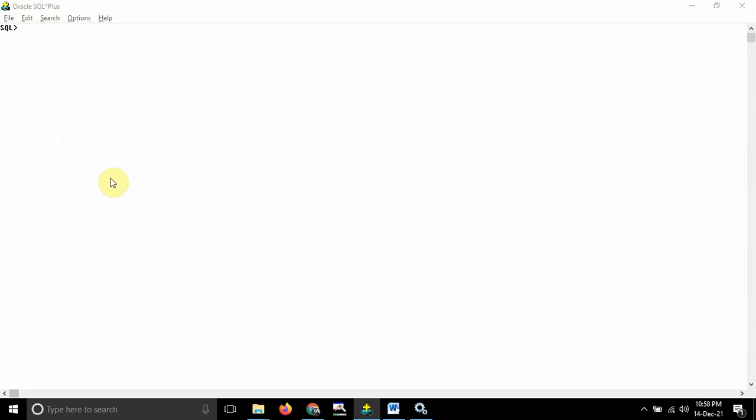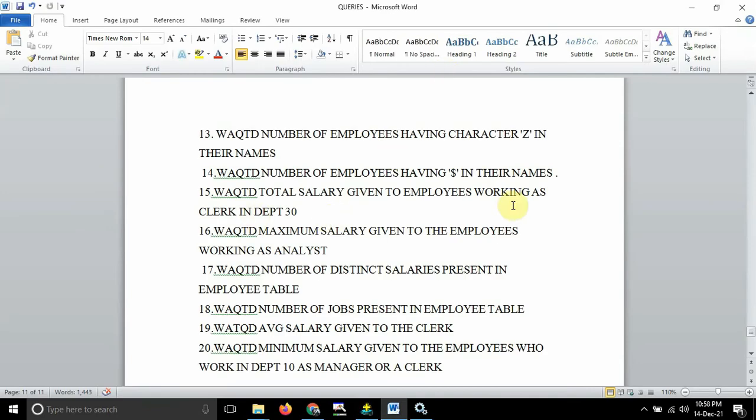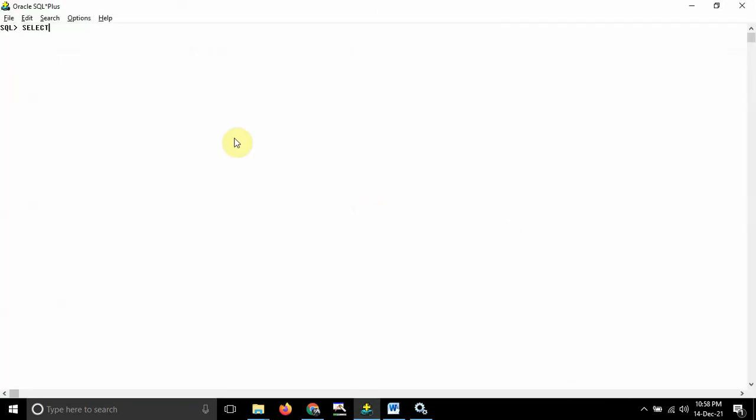That's it, guys. Okay, so the 15th one: write a query to display total salary given to employees working as clerk in department 30. So I need to find out the total salary given to employees working as clerk in department 30. So select sum of salary from EMP table where